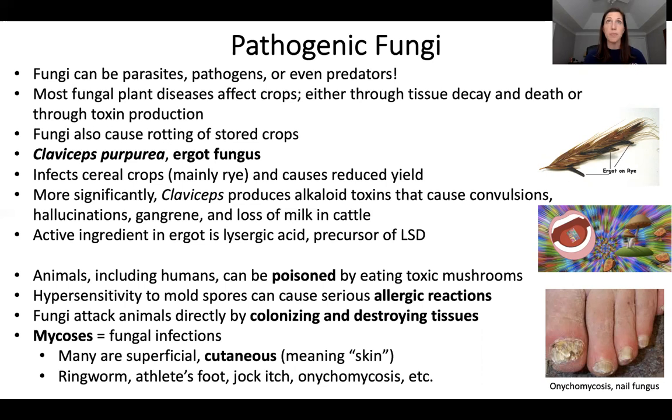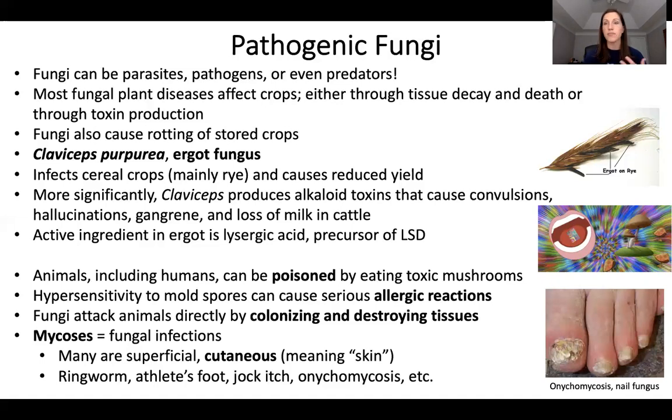So if you get a plant that has a fungal infection, it's either going to cause the tissue to decay before you ever get to it, or make it impossible to eat that crop because it's infested with fungi that are producing toxins. So lots of fungi produce alkaloids, which are toxic substances, really for protection, to keep organisms from eating them, but they can cause all kinds of problems if they are ingested. So that's a common way that fungi can spoil your crop plants.